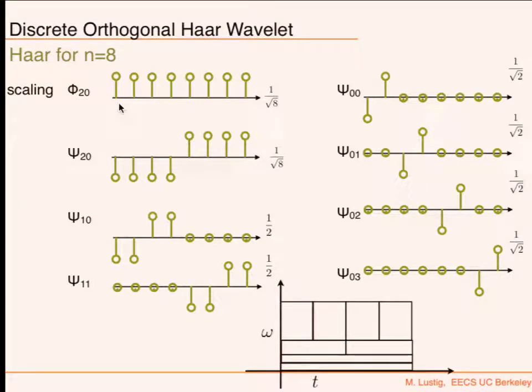But it comes at a cost. For example, in this case, I lost my translation invariance. If I have a signal that I'm going to put into this transform, if it's shifted by one sample, I will not get the shifted version of the wavelet transform. Okay? So that will be a cost of orthogonality. And orthogonal wavelets are good for some things. Reconstruction is super easy. But also non-orthogonal may have some nice properties as well. Okay?